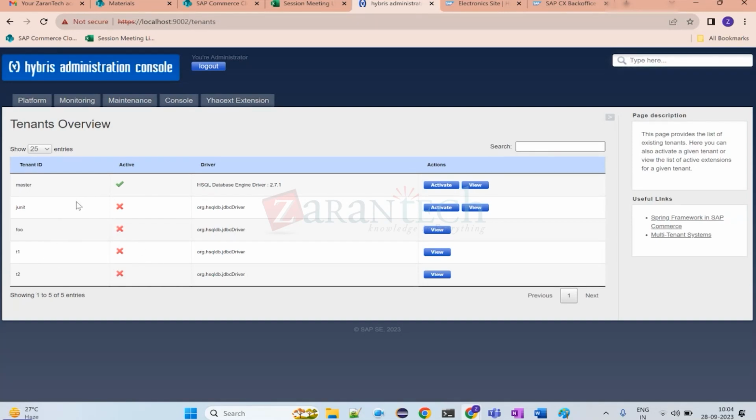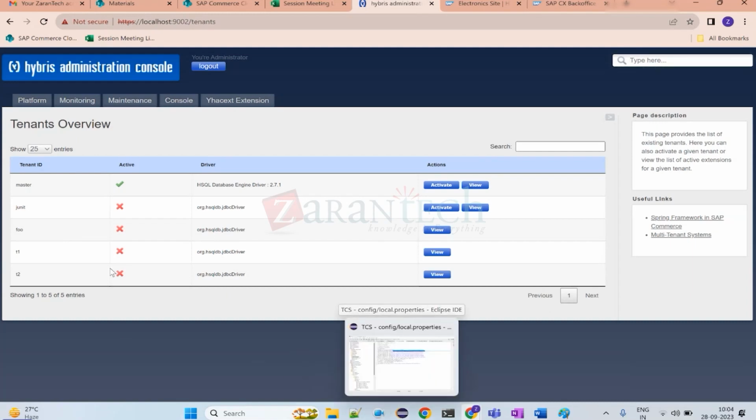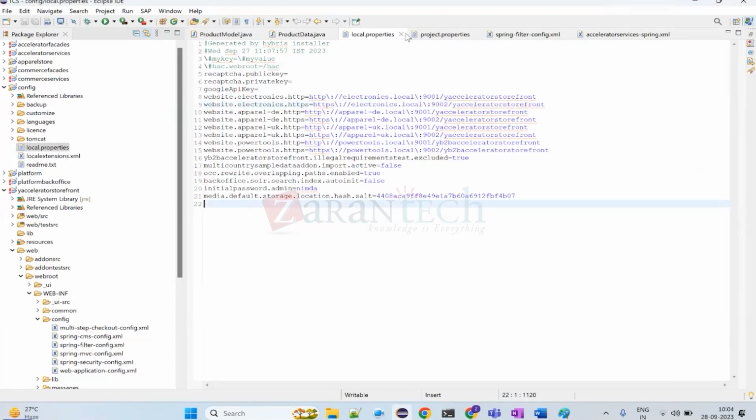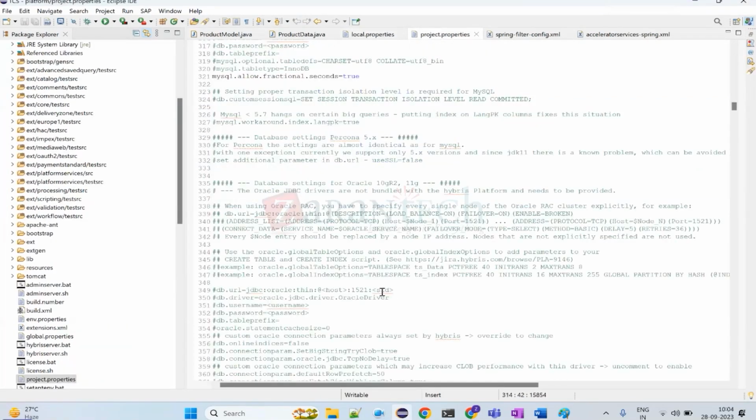Okay, here you can see the multi-tenant system where these tenants are attached, and how we are going to create the tenants. These tenants are attached out of the box. We have not customized it. So it means this should be available out of the box in some properties or configuration file. A configuration file is nothing but a properties file. I told you, most OOTB files are under the platform project or properties. So here, if you search for the tenant,